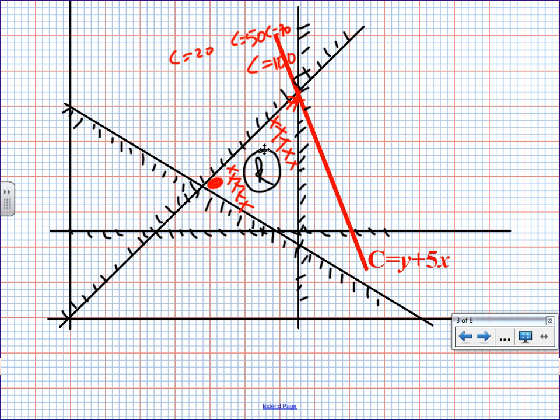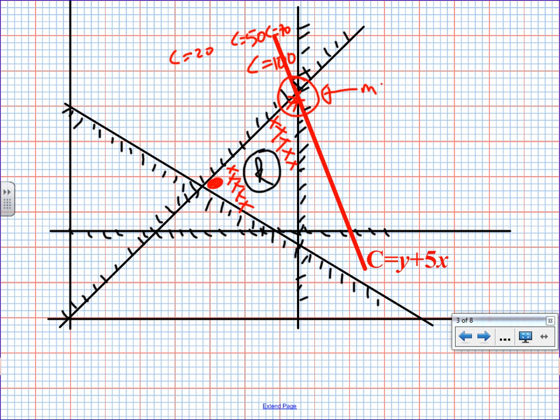Now I can't go any further, because if I go further, it disappears out of the region. So there isn't anywhere anymore in my region R that's going to give me that much profit. Because I need to stay in the region R, that's the furthest I can go. So this vertex here, this corner, represents the values of the apples and bananas that are going to give me